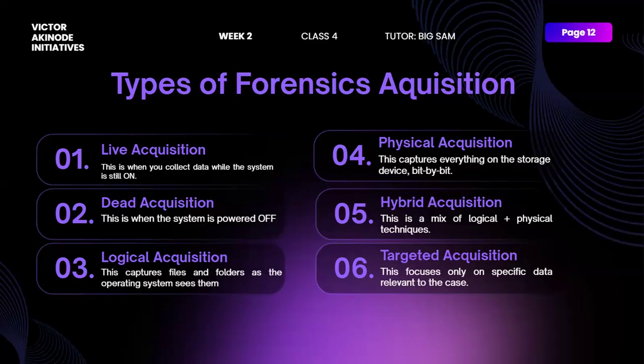We also have the targeted acquisition. We are trying to focus on specific data relevant to the case. So let's say there is a particular policy in a company that says don't bring your own device. Then something happened, espionage or insider threats. You want to be able to image some of the devices. It doesn't make sense to ask the employee to submit their phones or personal systems, so far as it is not inside the organization. So you're trying to target a particular acquisition or specific data related to the case. It might even be a folder on the particular system.